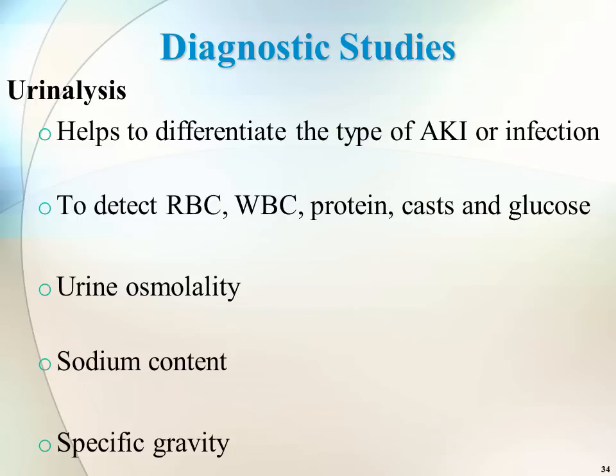Okay, let's diagnose. How do we diagnose what's going on in the patient? We talked about the urinalysis before. It's going to help tell us about the different type of acute kidney injury that the person might have, or an infection. So it is recommended that physicians' offices after 40 years old do a routine screening for chronic kidney